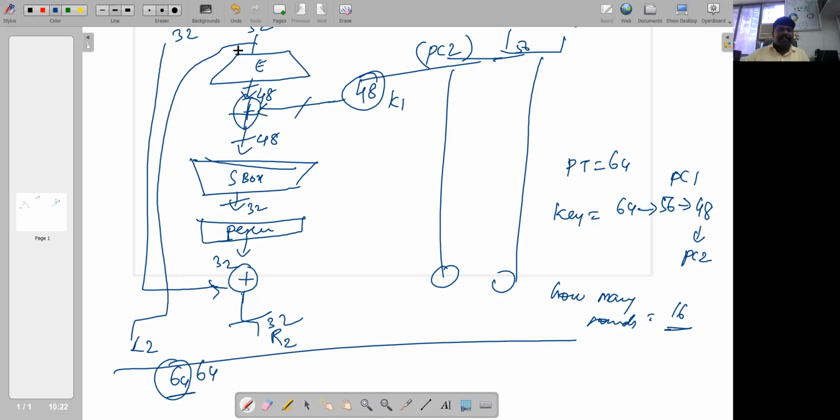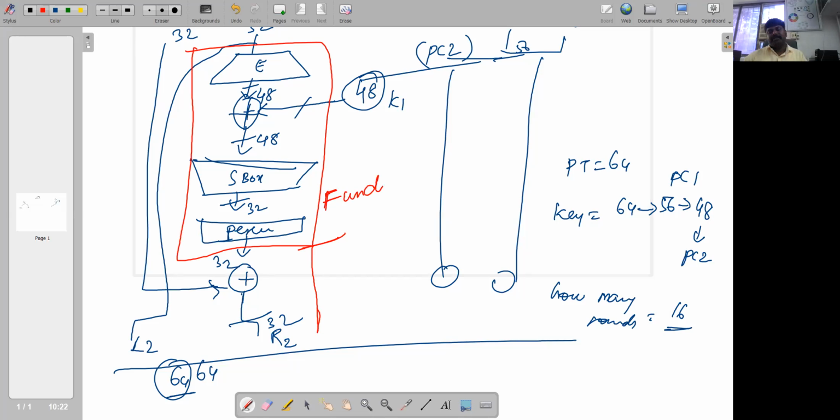This entire operation till the permutation is the F function. At the end we get 64 bits, and this has to be repeated 16 times.